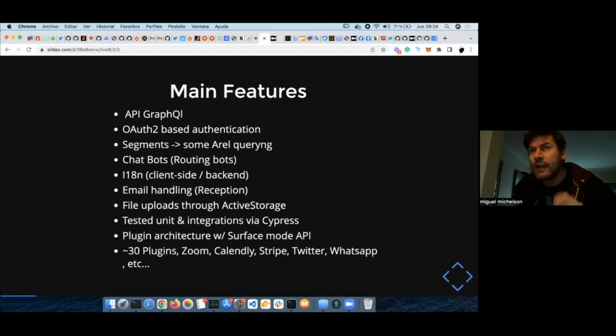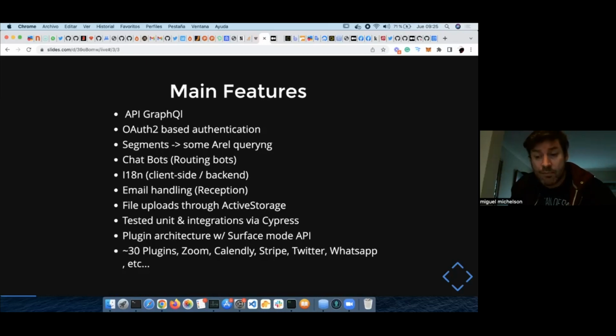It has segments or context filtering with some complex URL querying. It has chat flows or chat bots in which you can compose your own conversational paths. It has internationalization.